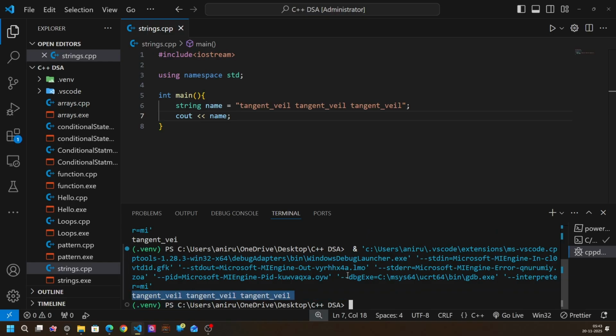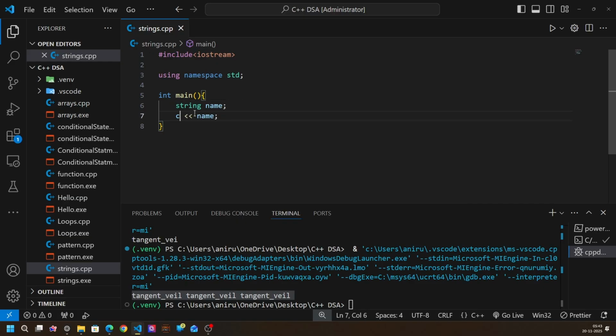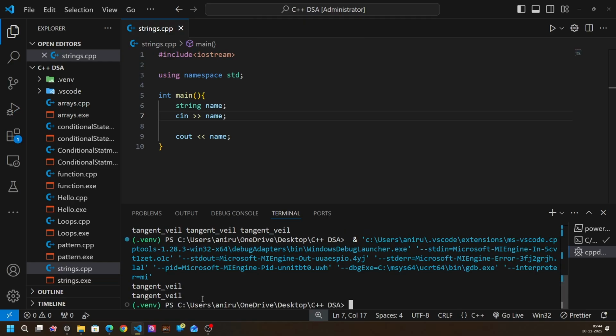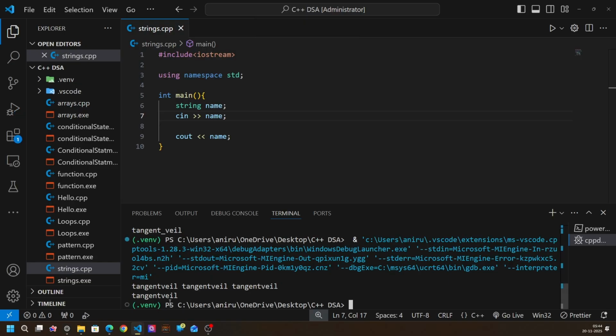Okay, but if I don't assign anything, and let's take an input in name, and let's print our name again. Let's first try with a single string. Okay, it is printing correctly. Now let's try with multiple strings which are space separated. Let's try to run it. Here you can see we gave 3 strings as an input, but it took a single string as an